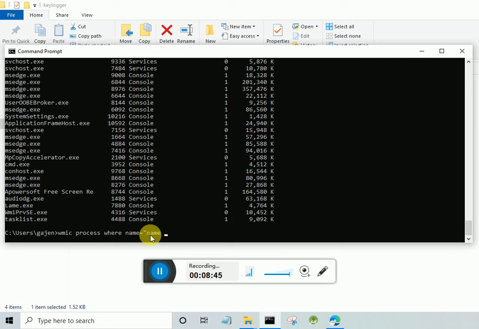Okay, type the name of the process and then delete. Okay, then hit enter. It automatically deletes that process.